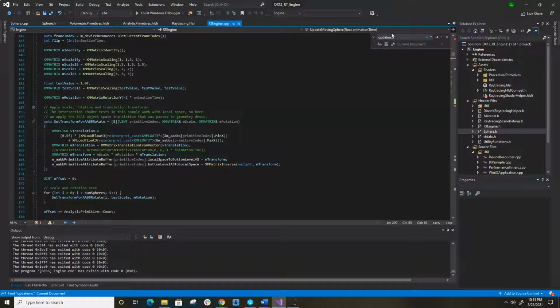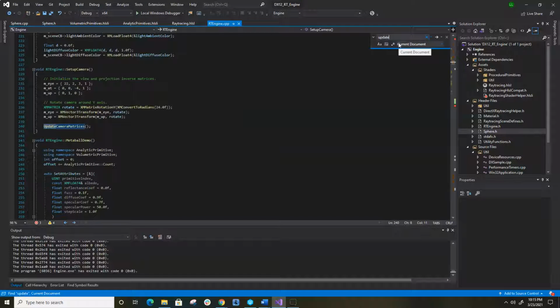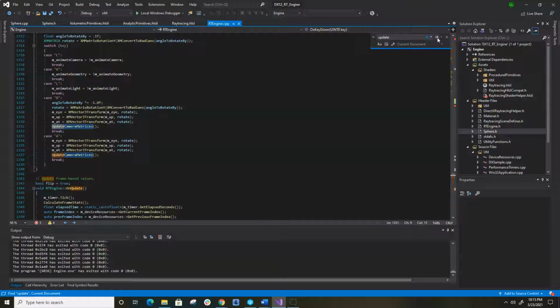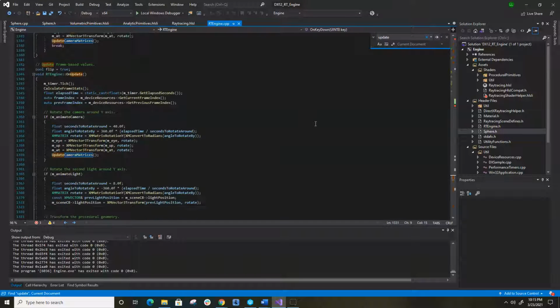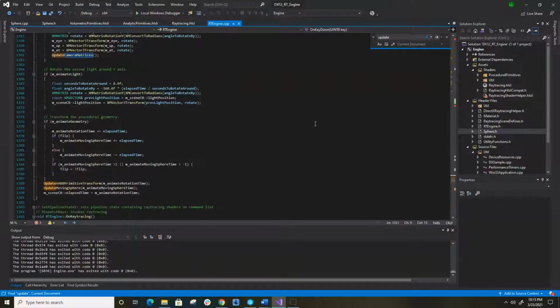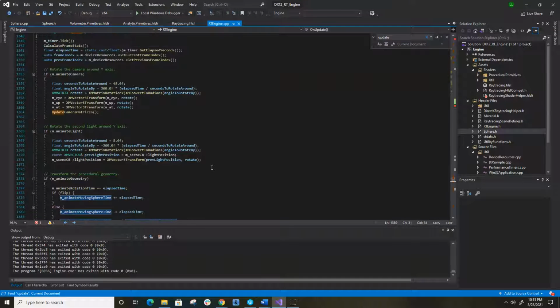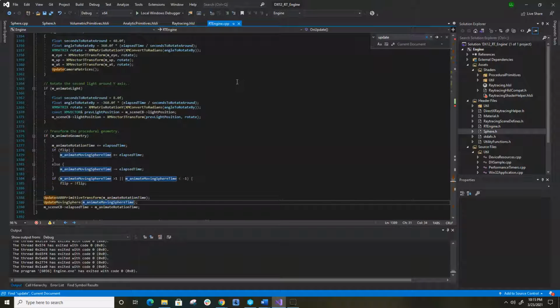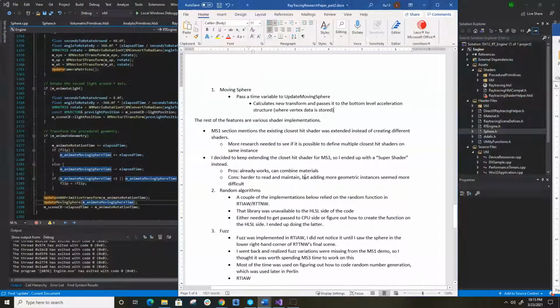So if we go to update, let's see, what was it called? On update. So that's where the animation gets changed, the sphere moving time. That's just a counter. That's the time system that was used before. So I kind of just took a piece of that and then added in moving sphere. Next, we have